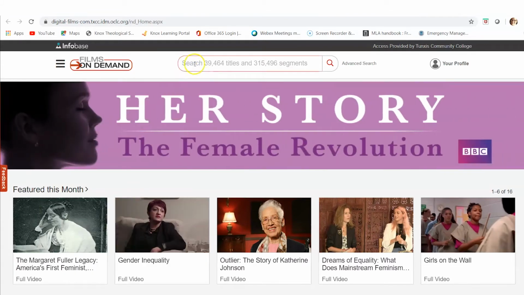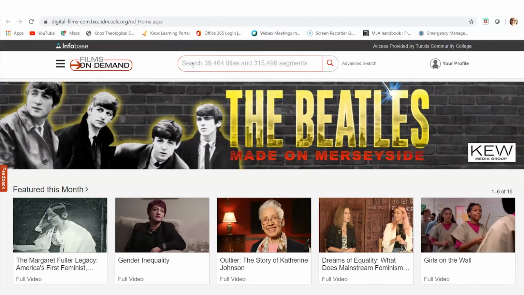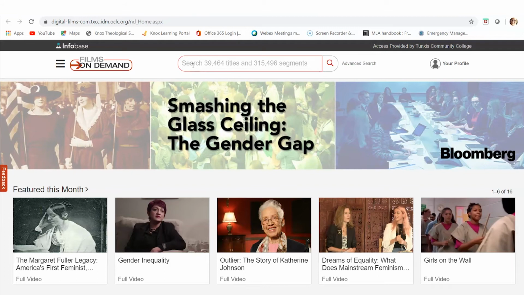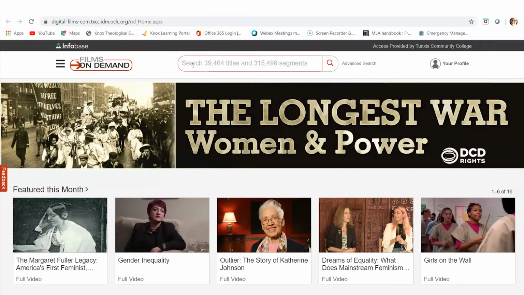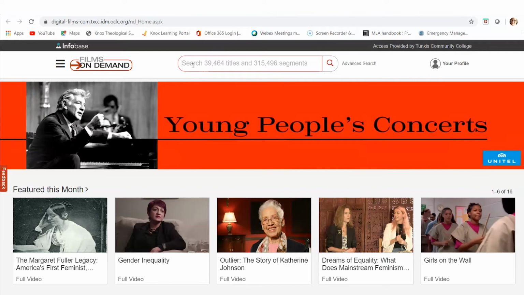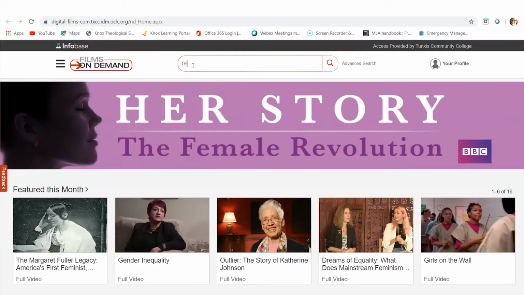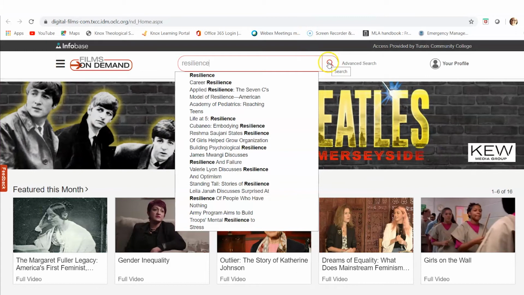So what you can do is use the Films on Demand search box, top center here. You could type in, again, a main keyword or a topic that you're looking for an assignment, or it could be to support your classwork as far as just watching a visual type of item instead of reading a textbook. You know, on algebra, on grammar, on psychology. I'm going to type in my favorite new topic, resilience. And then I'll just click the little magnifying glass at the end.